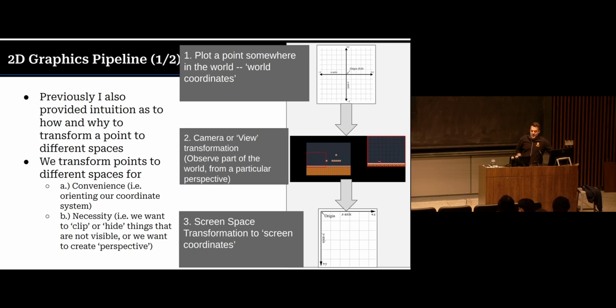One, for historic reasons, but it also just makes sense to have the origin in the top left coordinate. So, we're going to want to think about working in these different spaces, whether that is the pixel coordinates, or the screen coordinates, or our world coordinates, the two that we talked about, and be able to transform or go between those two different spaces, depending on what type of problem